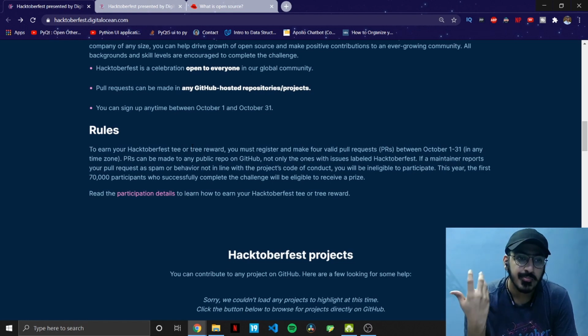So I will make a request to the maintainer of the repository. He might check it out, and if he feels that the changes or the modification is correct, that it is actually solving a problem or adding a new feature maybe. If you want to add a new feature that's really cool and different, and you write the code for that as well and make a pull request, the maintainer will review it, and if he finds it good, he may accept it, and your code will be merged into the actual repository, that is the actual project.